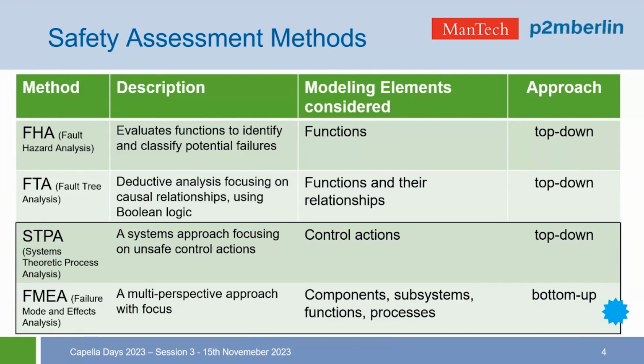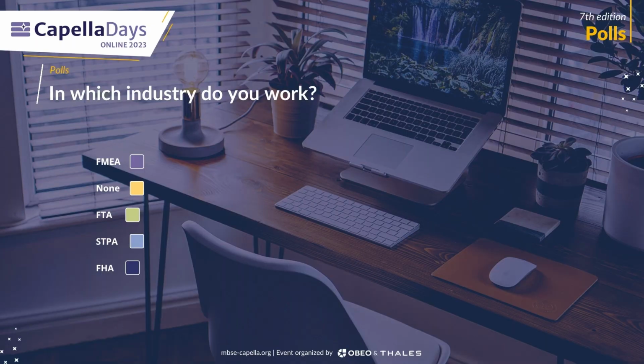So then we looked more closely at STPA and FMEA and found that there's actually an interesting combination and synergistic relationship between STPA and FMEA approaches to finding safety assessments or hazards. And so we wanted to look more deeply at why those combine to provide a more robust insight into hazard analysis. Before the next slide, I'm sorry, we do have another poll, which is specifically which of these methods you might use or see in your industry.